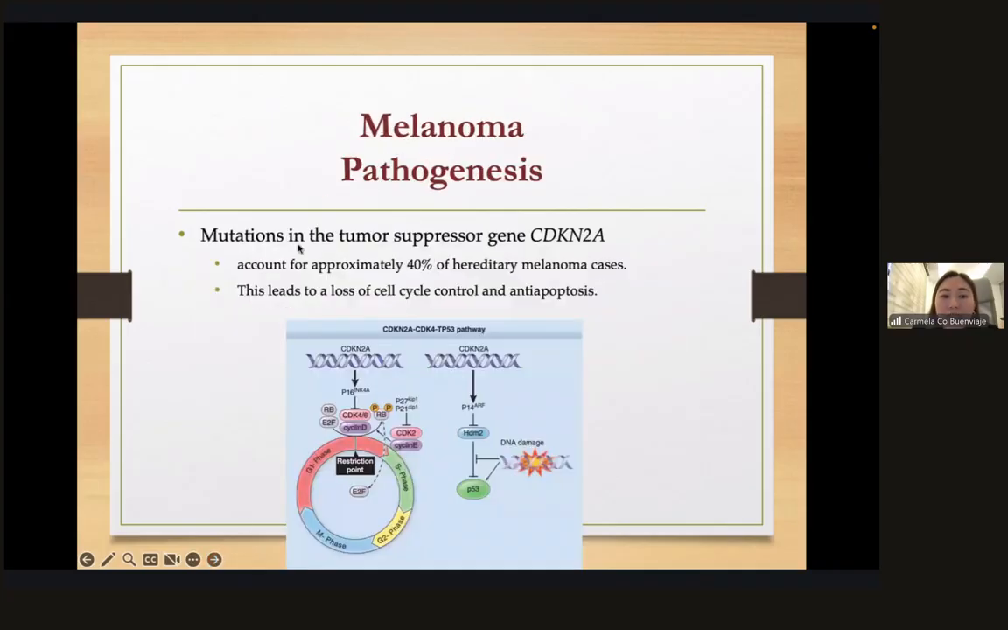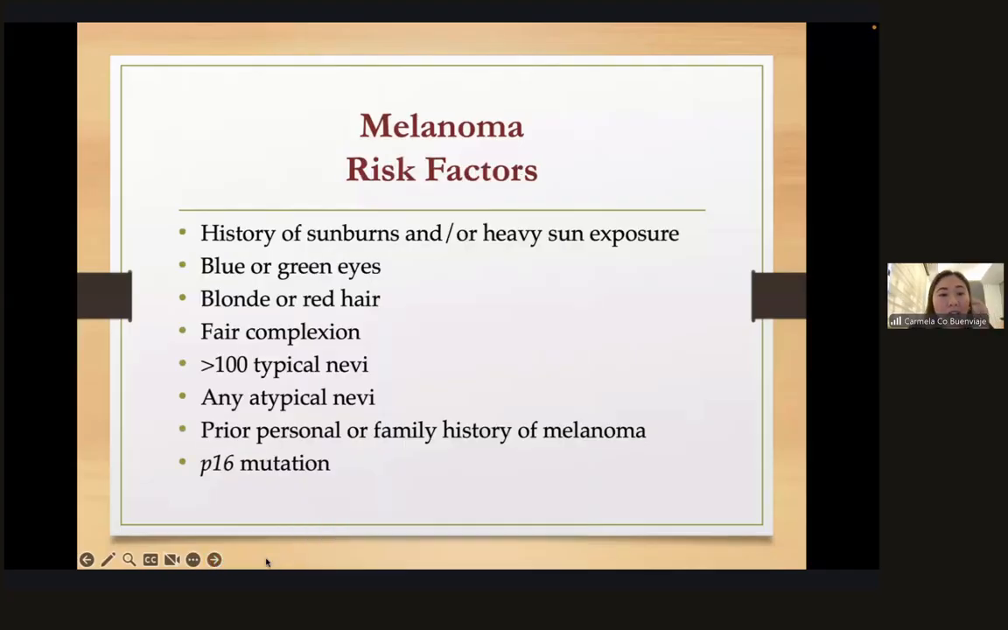So for the pathogenesis, this involves a mutation in the tumor suppressor gene, CDKN2A, which accounts for approximately 40% of hereditary melanoma cases and leads to loss of cell cycle control and anti-apoptosis. So you don't need to know this pathway in detail. So risk factors are history of sunburns and or heavy sun exposure, blue or green eyes, blonde or red hair, fair complexion, more than 100 atypical nevi, any atypical nevi, prior personal or family history of melanoma, and those with